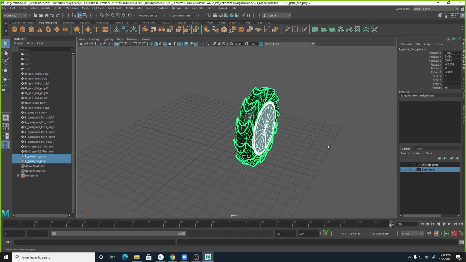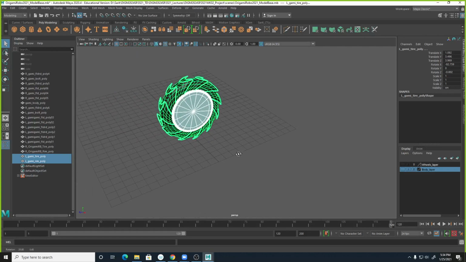Oh, not yet. You do only one at a time so that you can hide them temporarily like this. So turn off visibility on each layer so that you hide it. Okay. Now